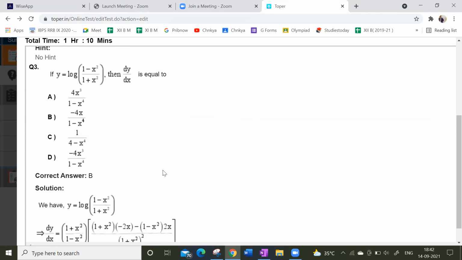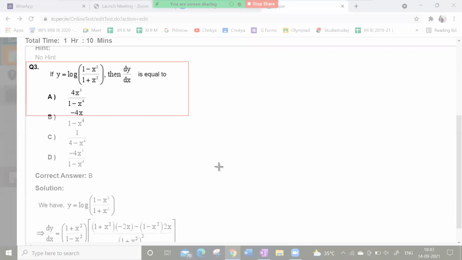Next question. So y is equal to log of 1 minus x square divided by 1 plus x square. Then dy by dx is equal to what? Very simple. Shall I tell you one very simple way here? We learned trigonometry, right? If I take x is equal to tan theta, so what do you get? Children, x is equal to tan theta. If I substitute,